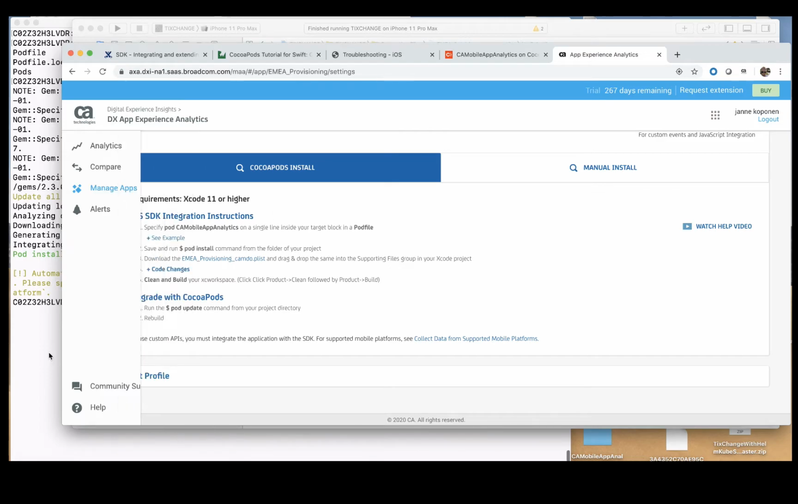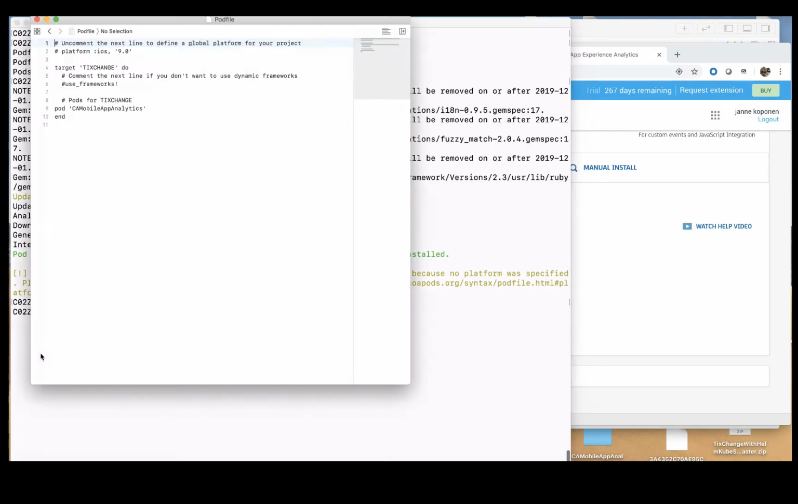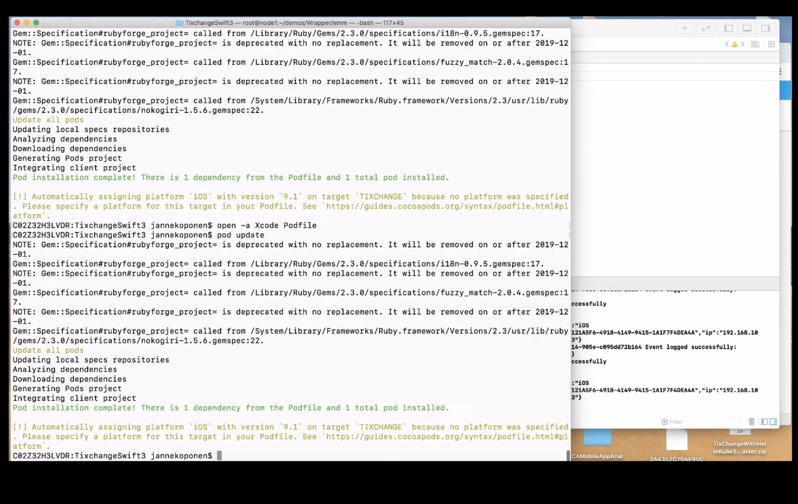So all you've got to do, and you probably know this already, is to first of all install CocoaPods, and then open a pod file in your project folder. Once you've got that, all you've got to add there in the target is the pod CA mobile app analytics. Close that, and either run pod update or pod install. So I'll do pod update. And there we go. CocoaPods is pulling down the required libraries from our repository, and the installation is pretty much